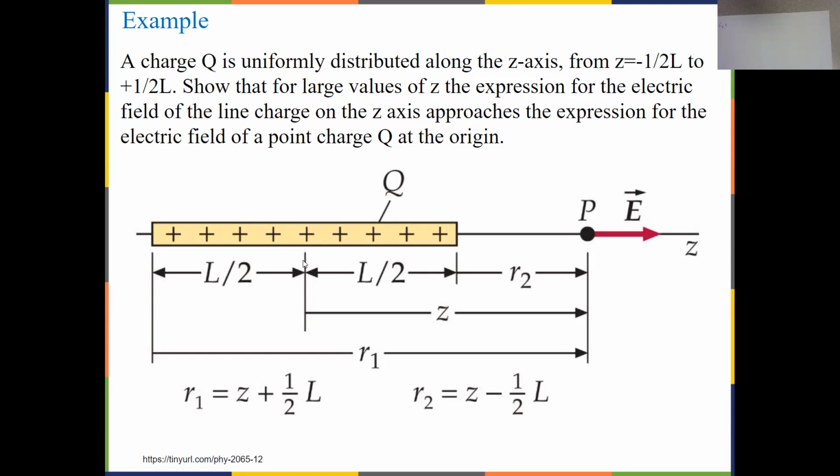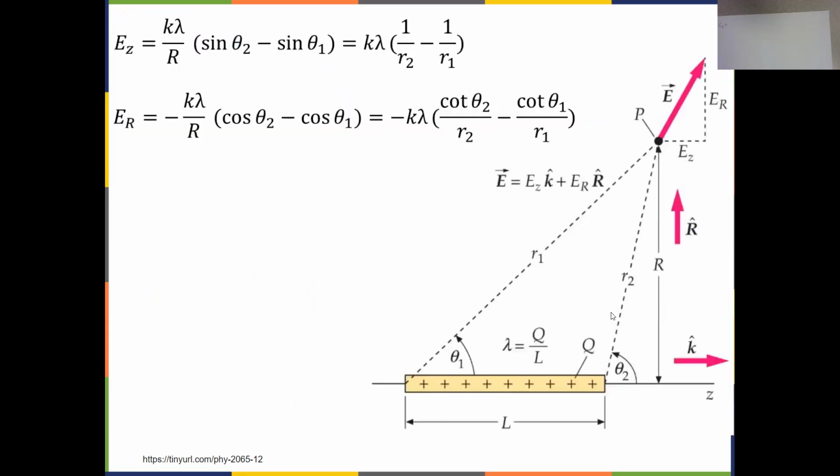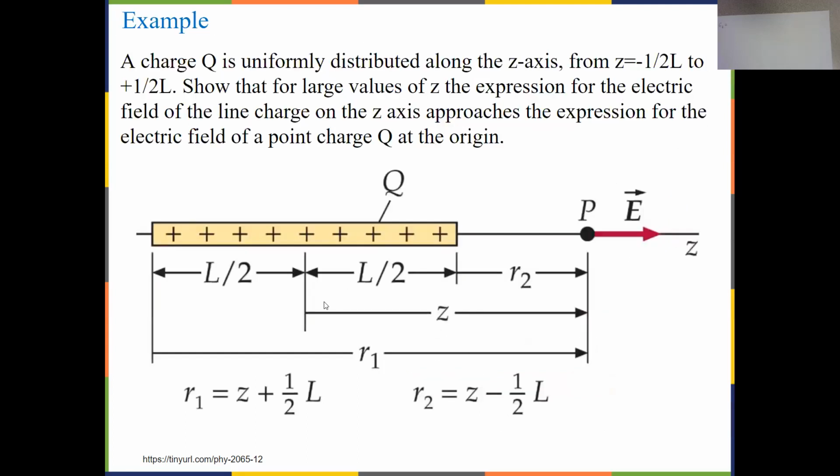So let's go back. R2 in this case will be from here to here, and then R1 will be from here to your point of interest here. So if this is Z, then R2 will be Z minus 1/2 of L, and R1 will be Z plus 1/2 of L. So in that sense, you are replacing R1 and R2 with these two. So then the result will be